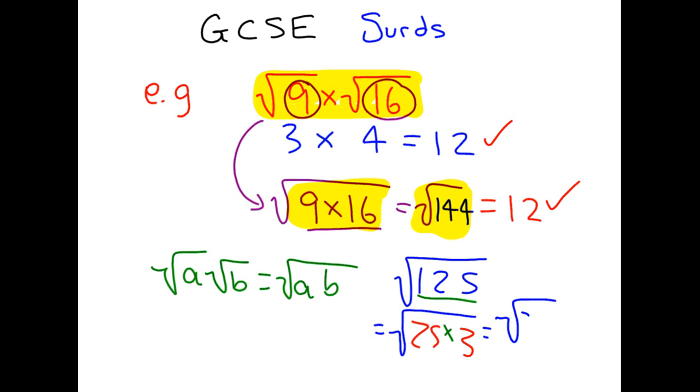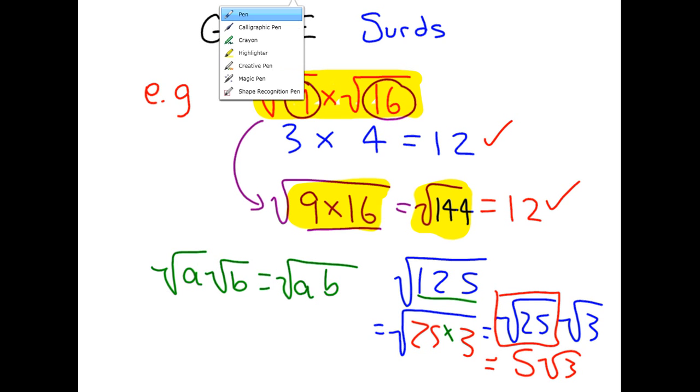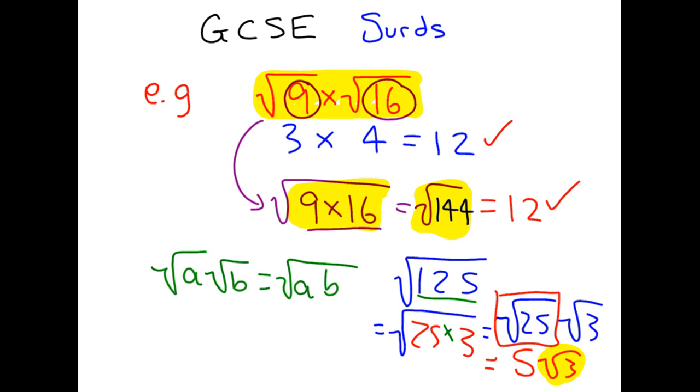We can split that up into the square root of 25 times the square root of 5. The square root of 25 is 5. So the answer, as a surd, is 5 root 5. When your exam question says leave your answer as a surd, it's allowed to have square roots in. Do not start putting it into your calculator and getting a decimal. That's not what it's all about. In maths, it's sometimes nice to just write 5 root 5, which is what our answer is to the square